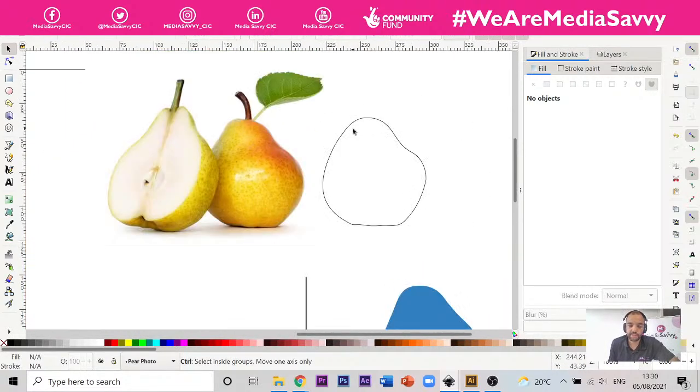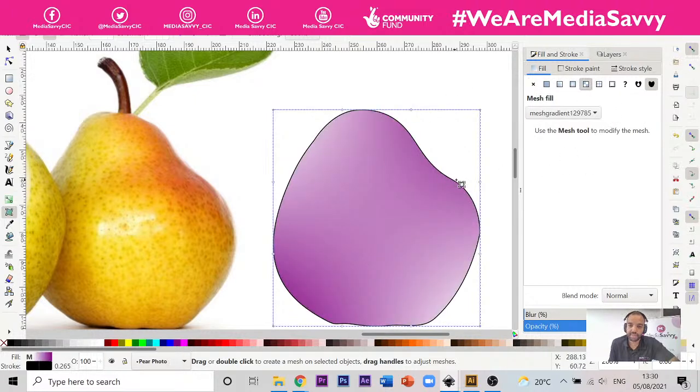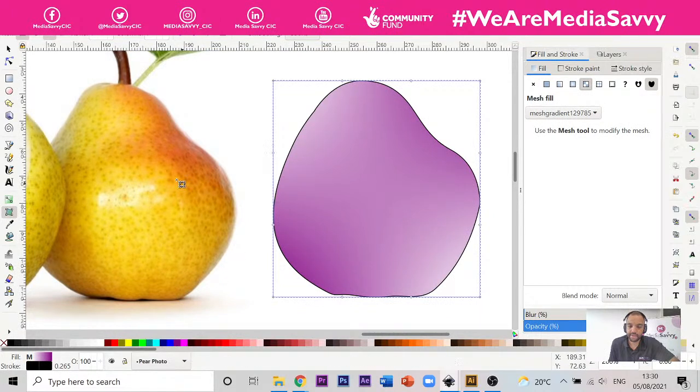Okay, right, so let's go back to this. That's got the gradient applied to it now, but it's still a flat color, but we've instructed Inkscape to give that a gradient. Okay, if we go to our stroke and fill, if we click this gradient mesh button here, it's going to create a gradient there, okay? And it just picks a gradient at random, and we're going to mess about with that and change that now, okay? So each of these points, remember,